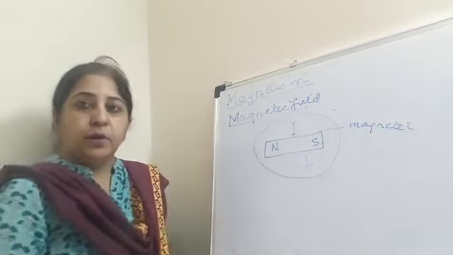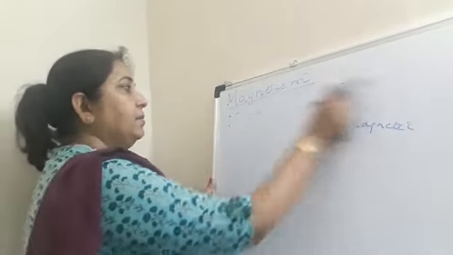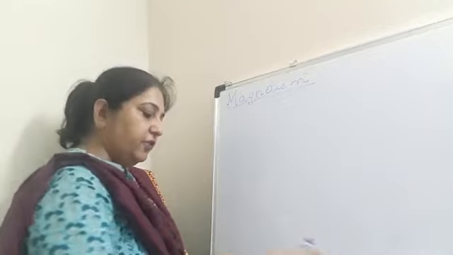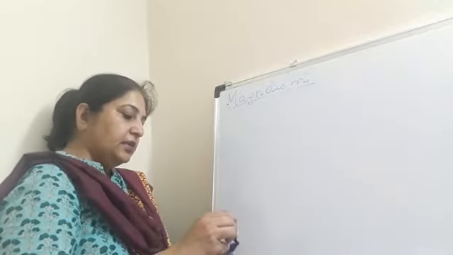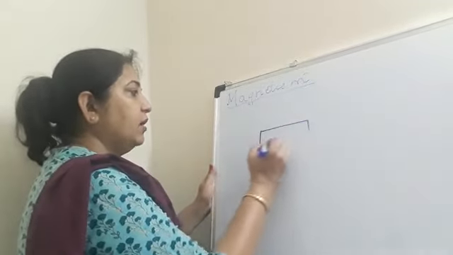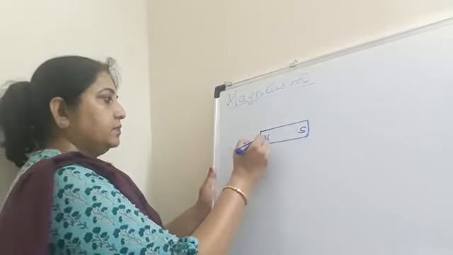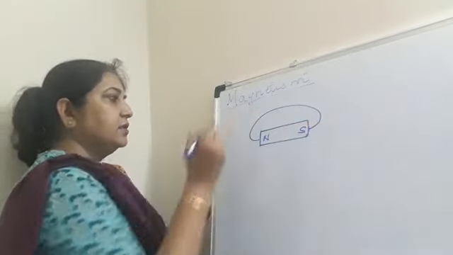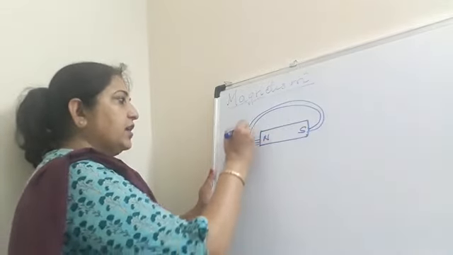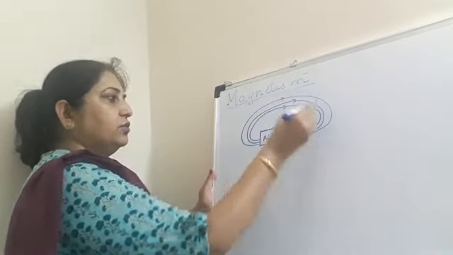Now, how do we see this? It is invisible. You cannot see the magnetic field. So how do we represent the magnetic field? Since it is invisible, it is represented by magnetic lines of force, right? So if we draw a magnet showing north and south, the magnetic lines of force begin from north and move towards the south. They can be represented like this. If you want to show the direction, you will always show it from north to south.